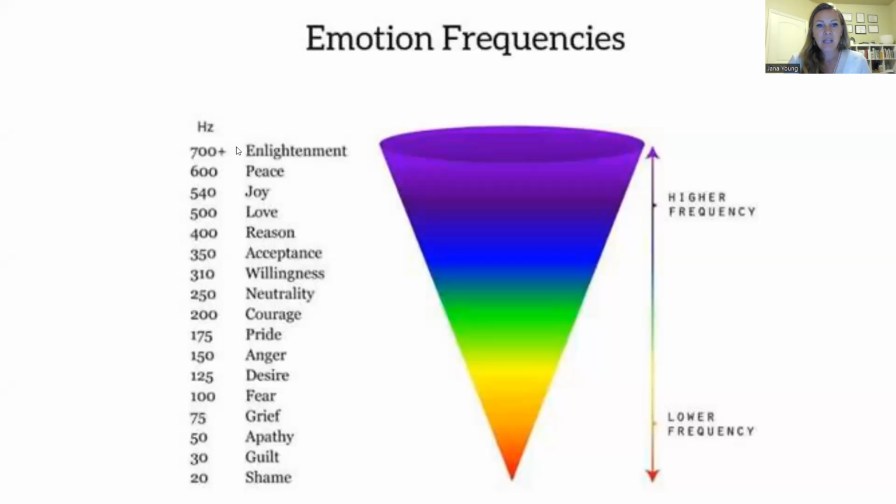So on this page, you can see enlightenment and peace, joy, love. Those are at the top. Those feelings actually make our body vibrate on a higher level, on a higher frequency. And then as you go down, reason, acceptance, willingness, neutrality, they've actually measured the frequency of these emotions and listed them here in order. I'm sure there's a much bigger list that's more encompassing, but this is just the cliff notes so that you guys get the idea of what I'm talking about. And so as we go down, pride, anger, desire, fear, grief, apathy, guilt, and shame, those are lower frequency emotions. And so when we feel those low frequency emotions, our body actually vibrates on a lower frequency, which then makes our aura